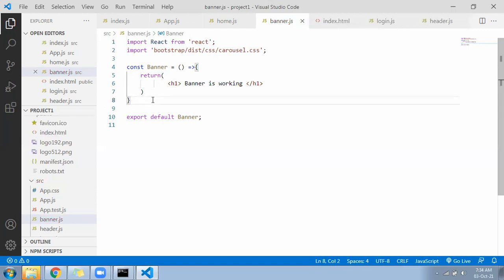Now we will call the banner inside the home and home inside the app, so it will become a nested component. Banner will come under the home and home will come under the main component.